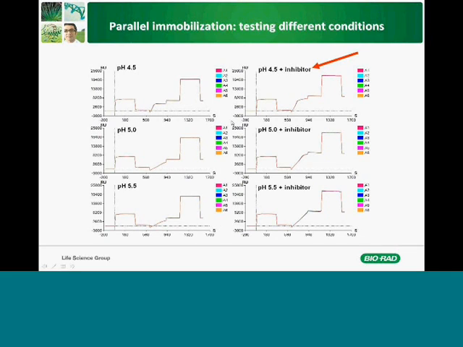So in this example, they had the kinase, or it was an ATPase, but okay. And they knew that the binding site is lysine-rich, and of course, amine coupling is performed via primary amine groups that are in lysine residues of the protein. So they suspected that upon immobilization via amine coupling, the active site would be blocked and binding would be abolished. So what we did, we tested